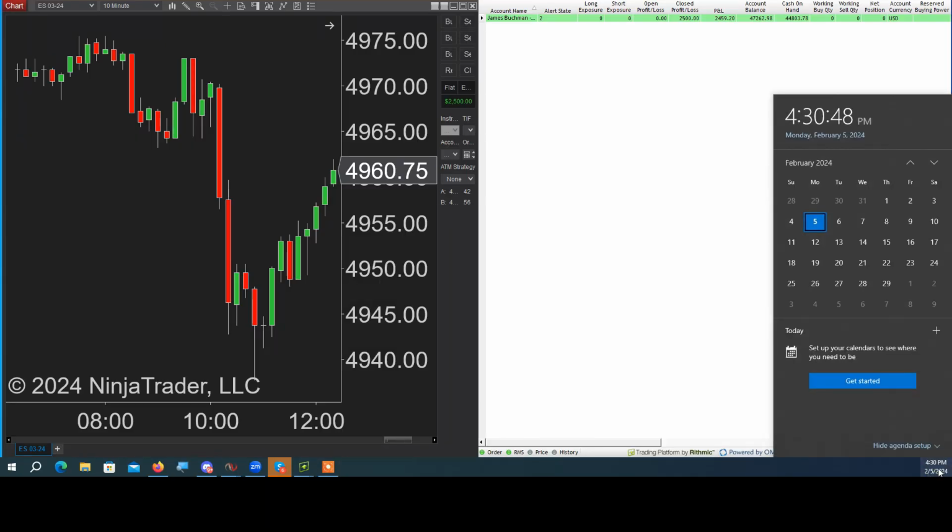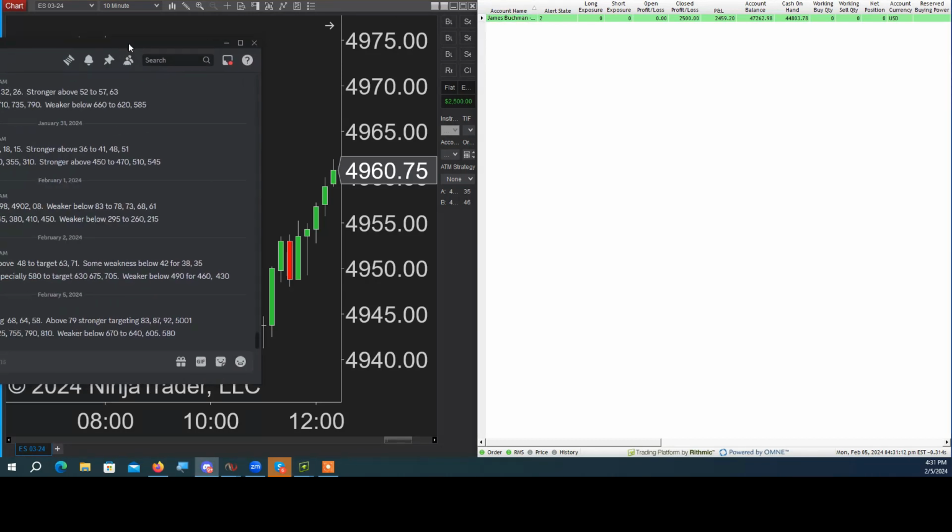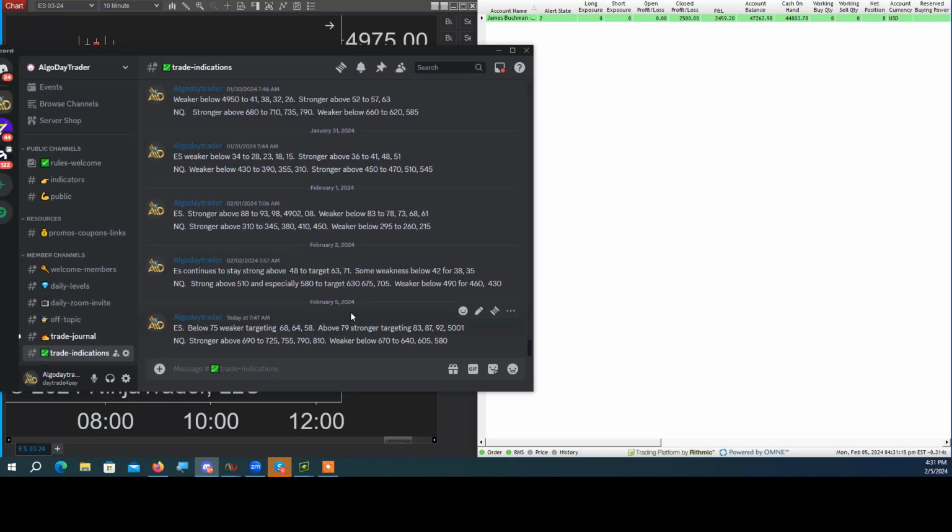All right, so 4:30 now, markets are closed. Well, first of all, this is the total, right? This is the account traded, but I really want to go over something that's really important. I mention it in Zoom all the time, but not everyone is able to make it to Zoom. So basically, it's like this. Between 7:30 and 8 a.m., so an hour and a half before the US session opens, in our trade indications channel, I post these trading ideas.